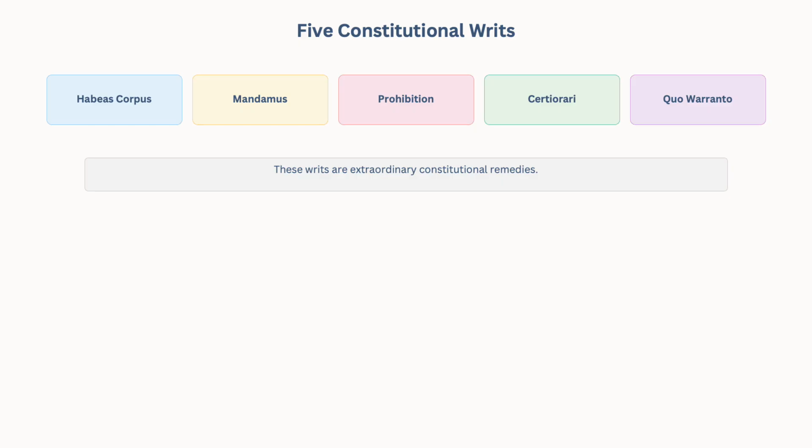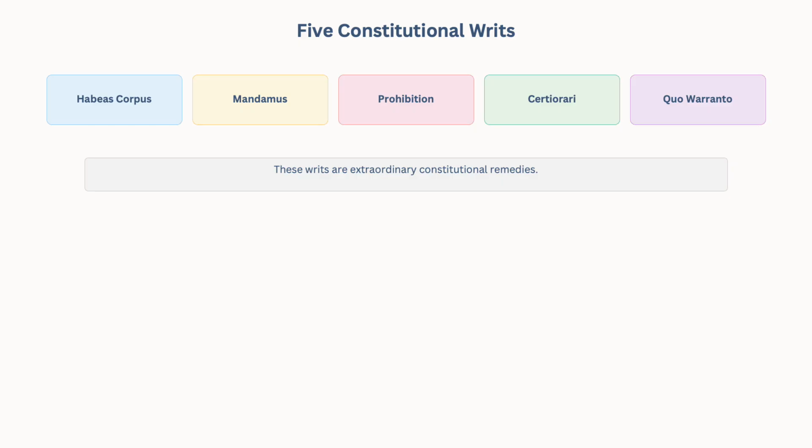So which means it protects you from arbitrary arrest and detention, habeas corpus. Okay, to produce the body, which means to produce you before the court. Which means as long as you are near the court, you are protected. That's what the court is trying to say, right? If the authorities arrest a person, they cannot keep them in jail for months and months. They need to be produced before the court, and they also need to give reasons why that person was arrested. So for unlawful arrest and detention, habeas corpus protects us.